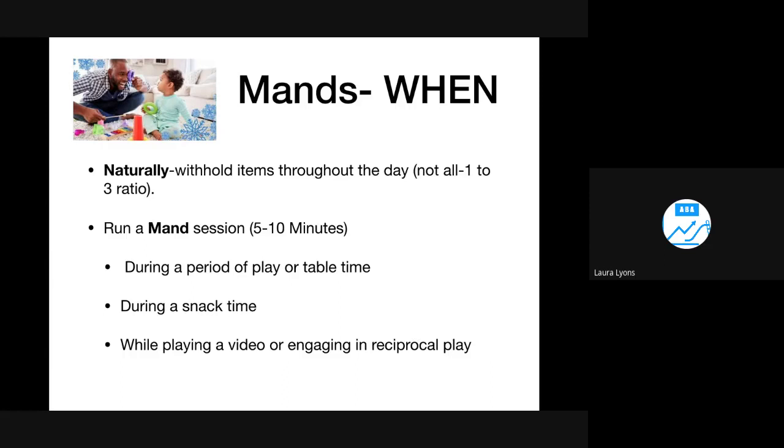And again, don't withhold everything your child wants, right? So don't make them ask for every piece of cereal they're eating. Don't make them ask for every block when they're building a tower. We would like probably a 1-to-3 ratio. So we have them ask for it once and then give around 3 of those blocks for free, and then start over, just so it's not so taxing or difficult. Remember, our kiddos are learning new, tough language skills, so we don't want to frustrate them.